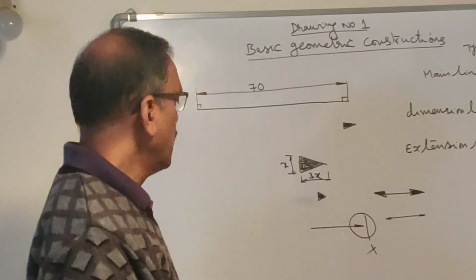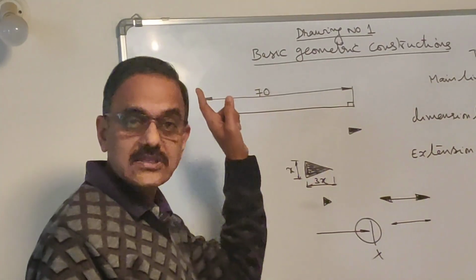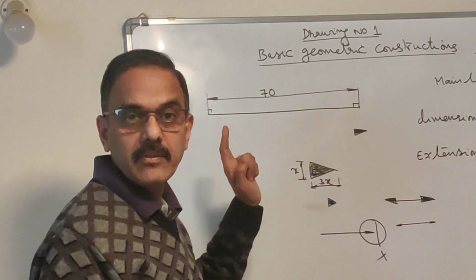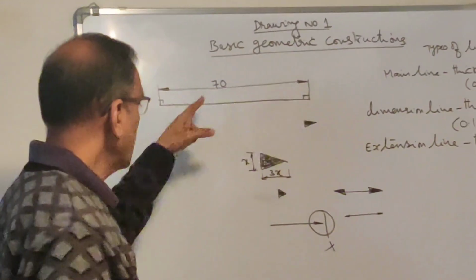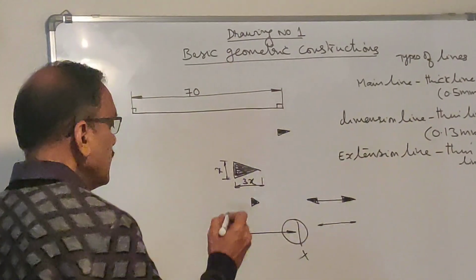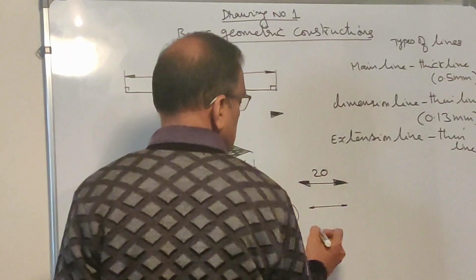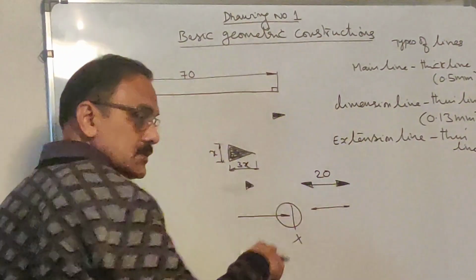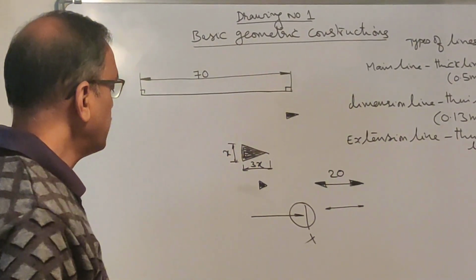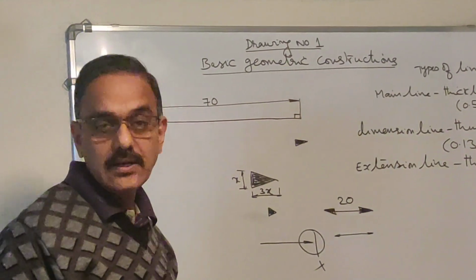Then, coming to this 70. When you write 70, please write it neatly. Don't scribble like what you do on your notebook. Okay? And also make sure it is sitting on the line. It should touch the dimension line. When you write 70, see if it is, let us say it is 20, so I can't write like this. Okay? Write it as close as possible to the dimension line. So these are all some of the precautions that you should take while doing the dimensioning.